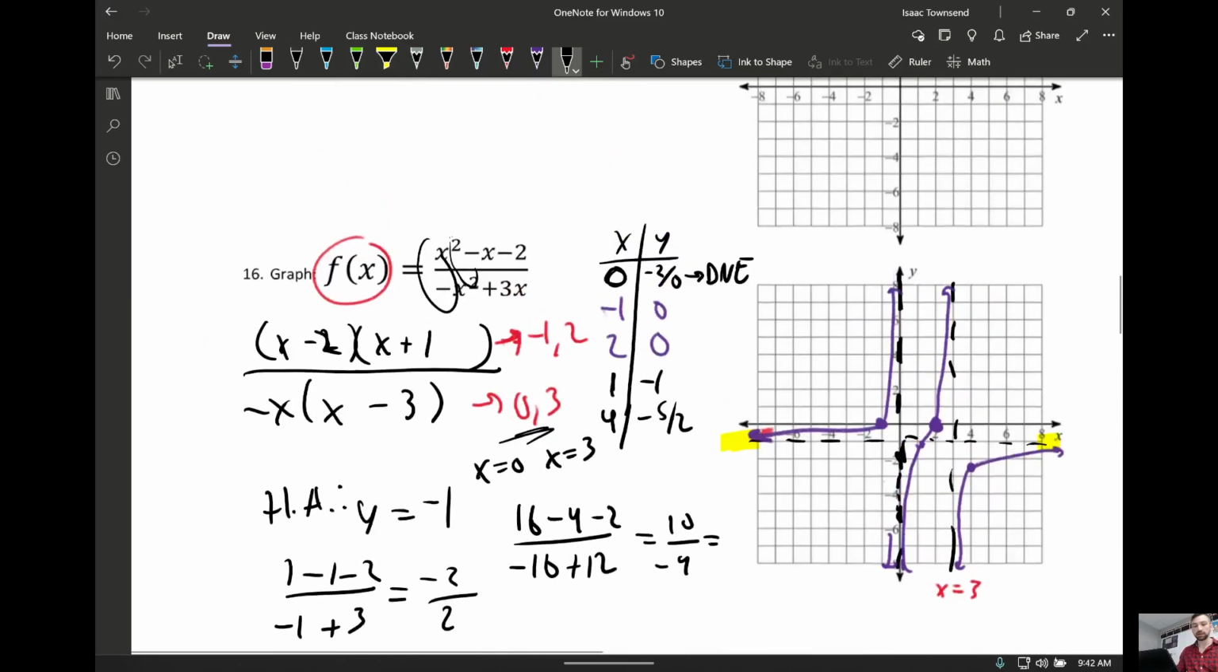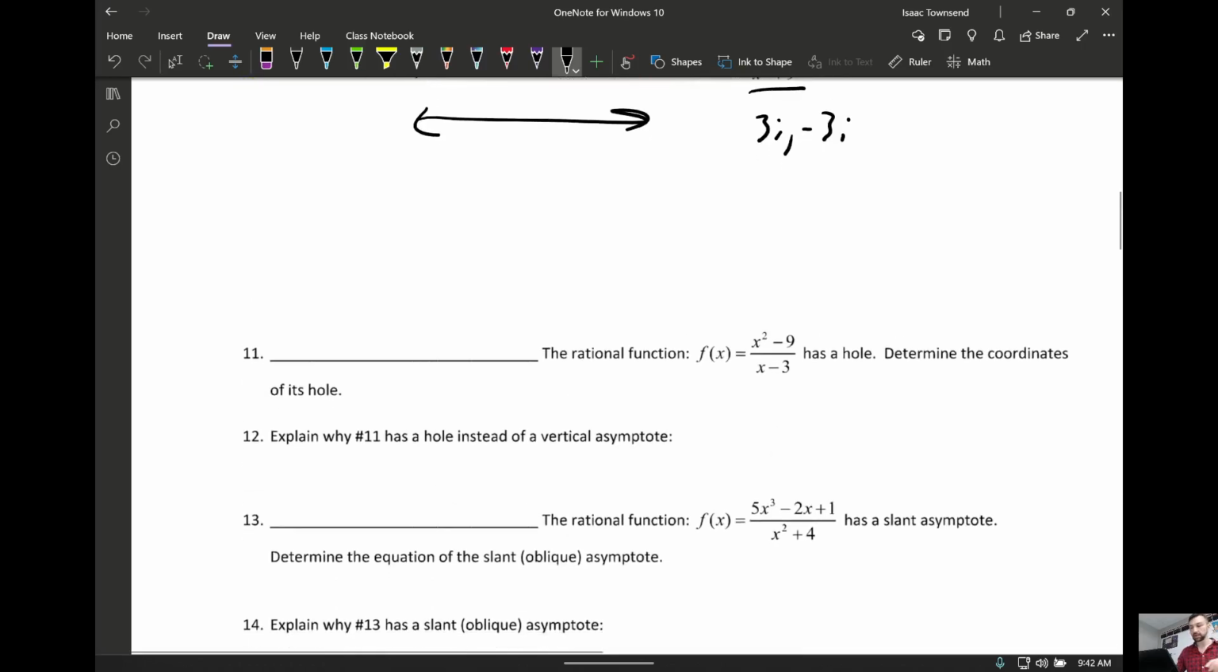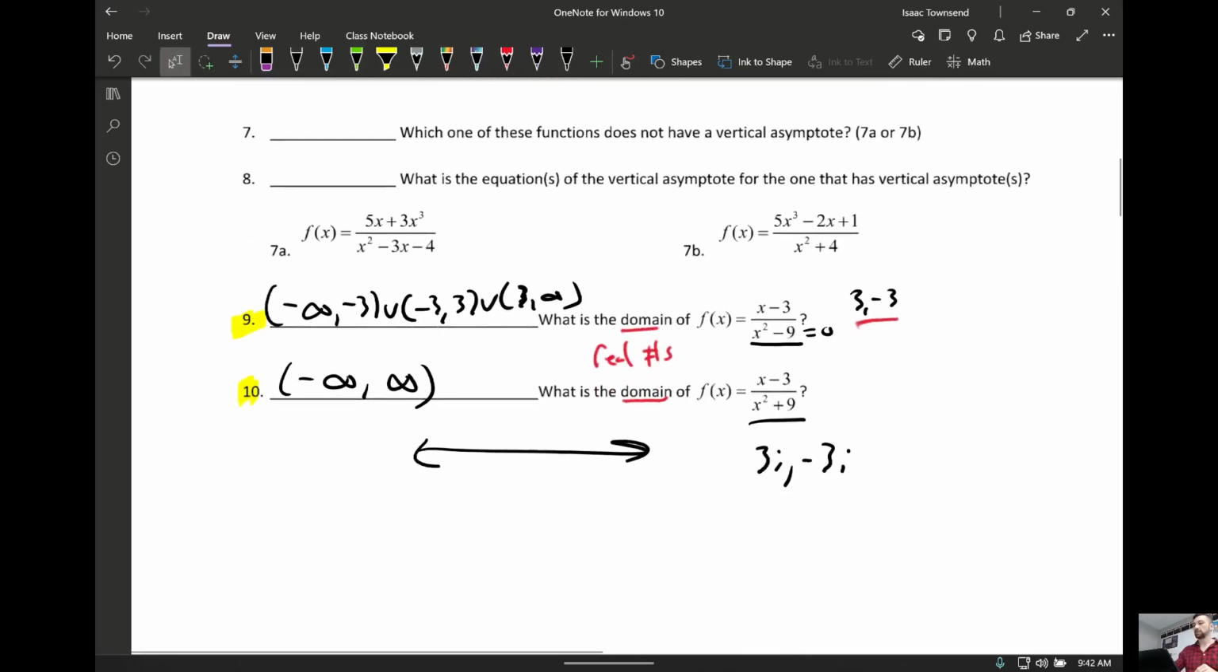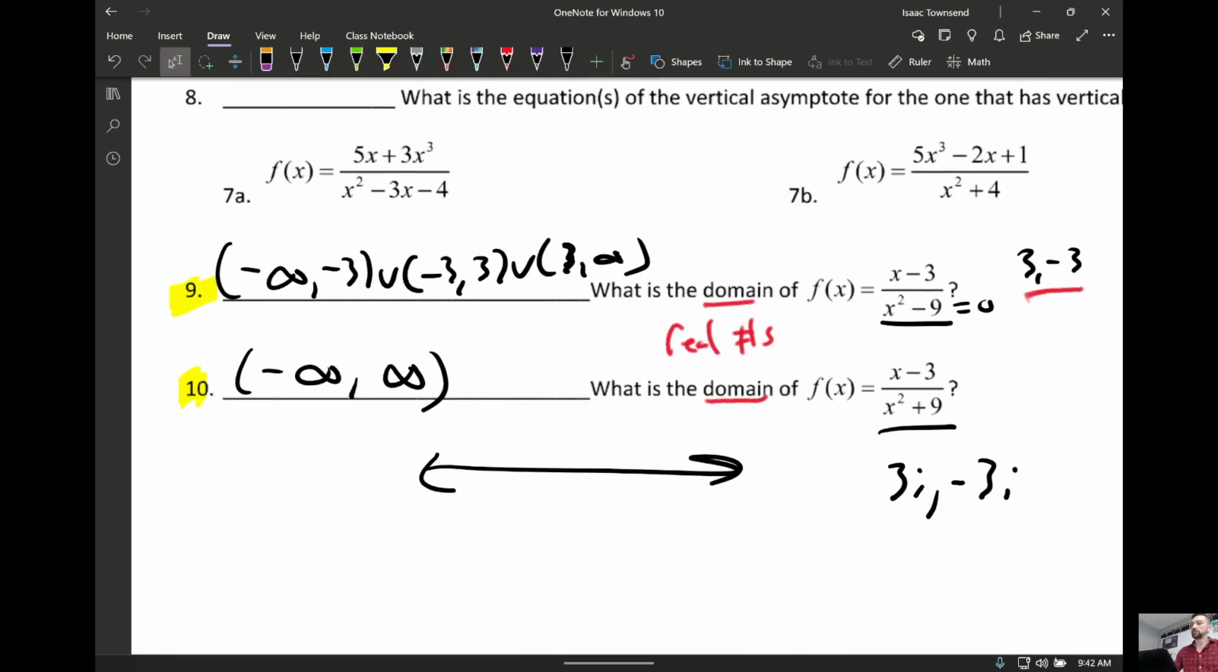Okay, so number 9 was the one that was about domain. So domain has to do with what numbers can you plug in. So there's only 2 ways to mess up domain. If you take the square root of a negative number, you have to take those numbers out of the domain. But rational functions, none of these have square roots in them, so you don't really need to worry about that